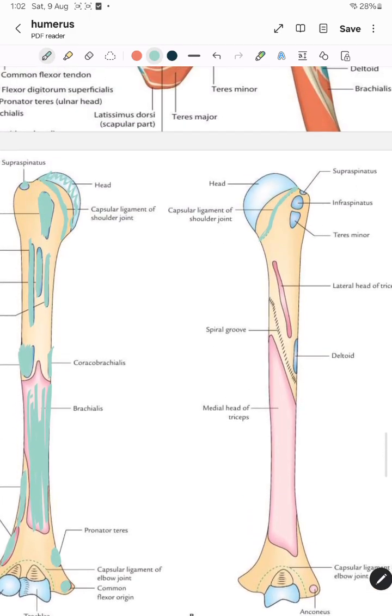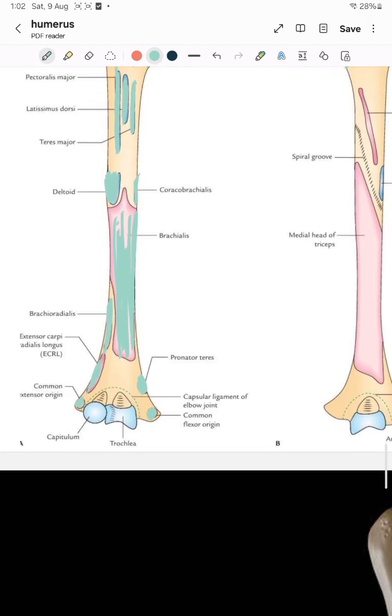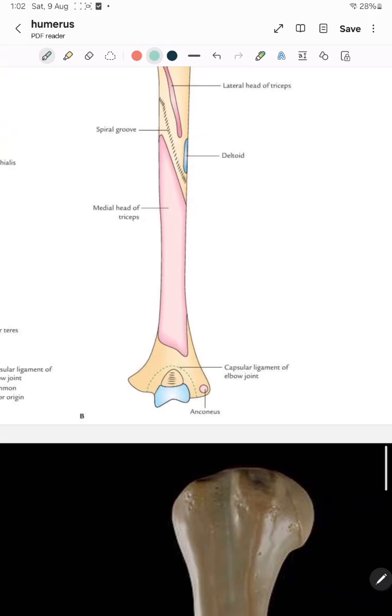Lesser and greater tubercles are outside the capsule, while the elbow joint capsule contains both the fossae and both the condyles. This is the radial fossa, this is the coronoid fossa, and on the posterior aspect it also contains